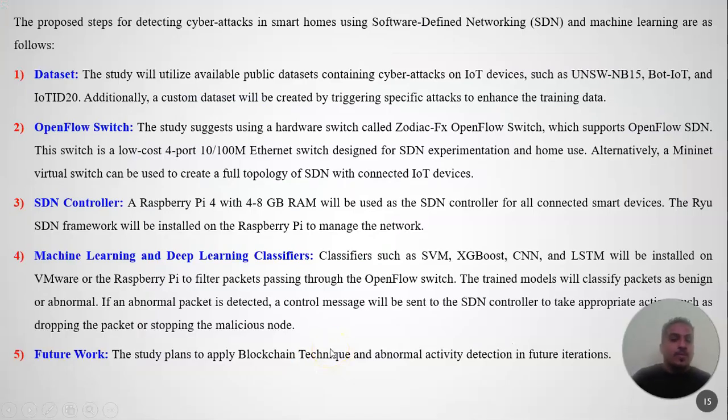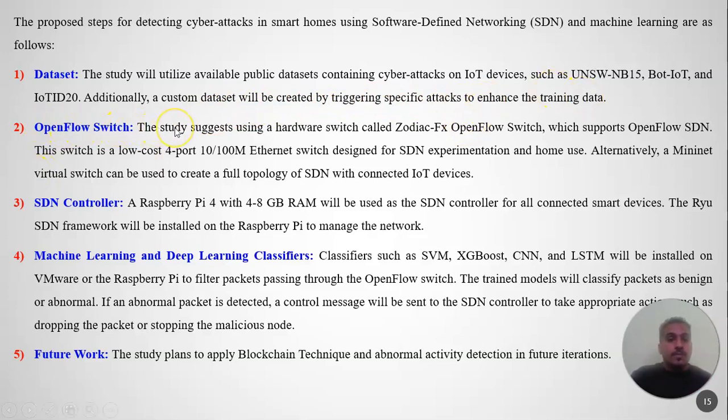Here are the proposed steps for detecting cyber attacks on a smart home using software-defined network and machine learning. The dataset: we will collect different datasets for cyber attacks, like UNSW-NB15 and IoT ID 20. Additionally, we will create a dataset by targeting specific attacks to enhance the training.